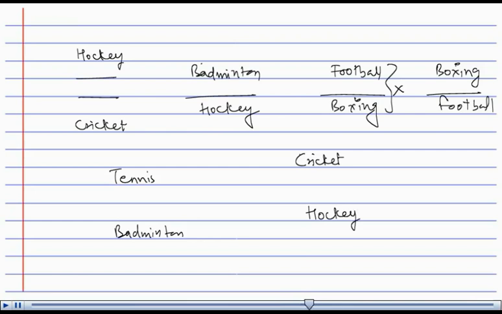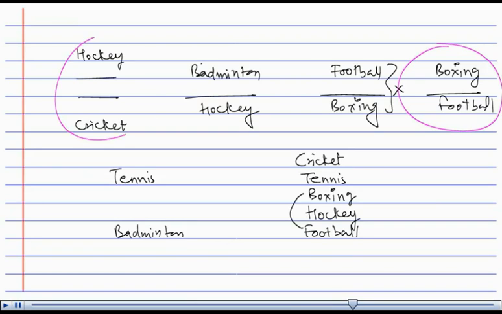So the second game can be tennis just after cricket and the third game can be boxing. And we can see that between boxing and football we have hockey. So this game is done. Similarly, the first game is also done and tennis has also been taken.